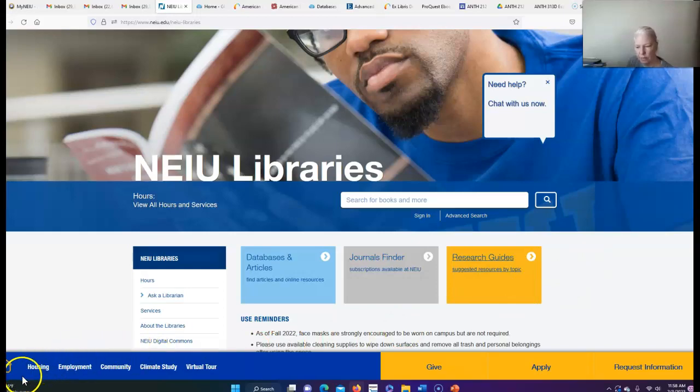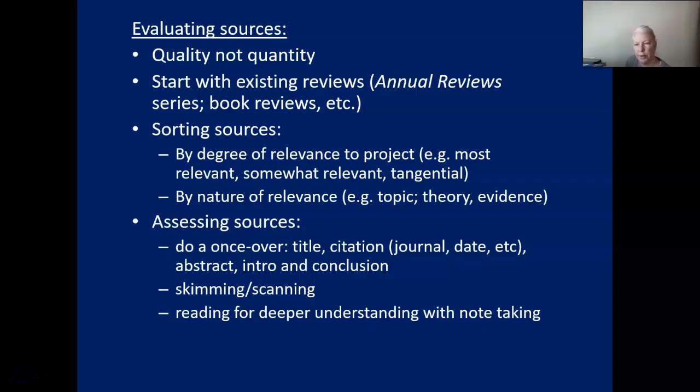Okay, great. All right, so we've just talked about how to use the library to find sources. Once you find those sources, you need to evaluate them, meaning you need to figure out, is this one a good one for my project? If so, how good is it or how relevant is it? You're probably going to start by just doing a bunch of searching and pulling together a whole bunch of different sources, like different articles and books that seem like they're a good fit for your project. And then you want to look at them,